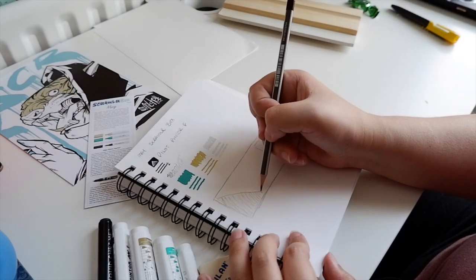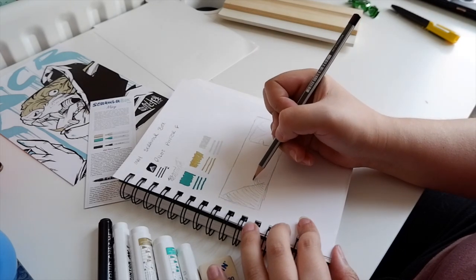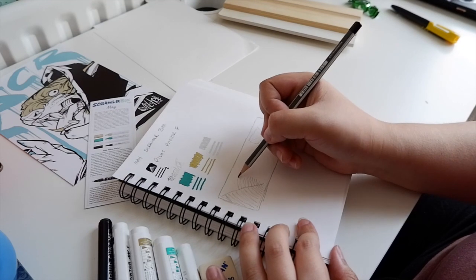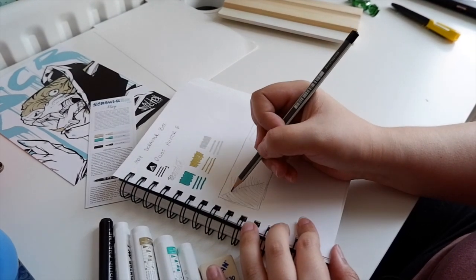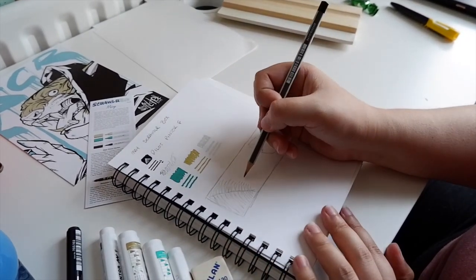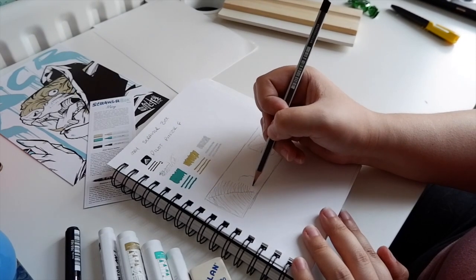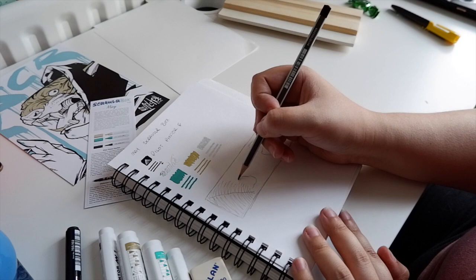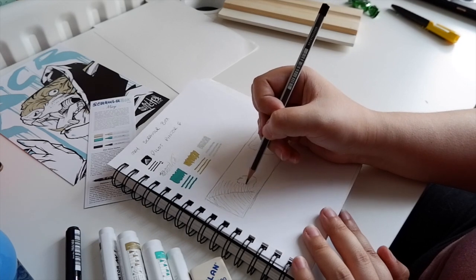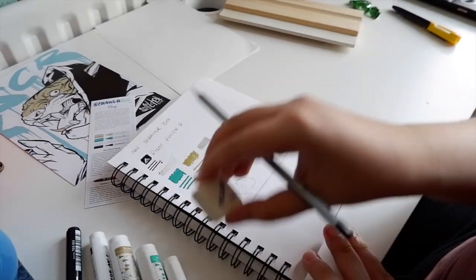I kind of want to do some big leaves like this, and then have a tiger face poking out from the leaves, in gold. I think that would be really cool. And I kind of want to do the stripes as well, so maybe he needs to be...